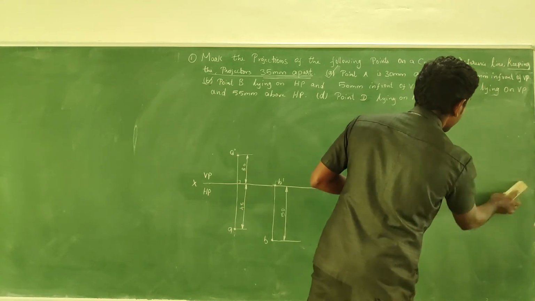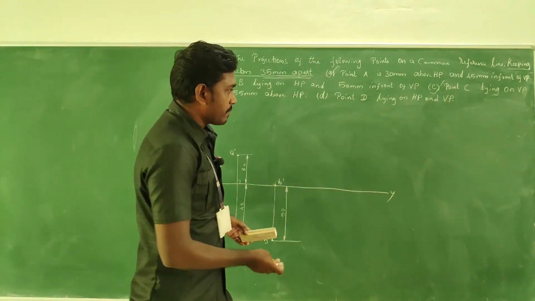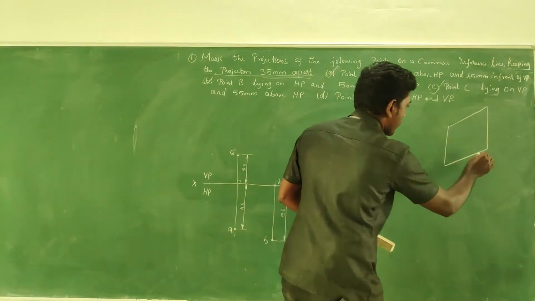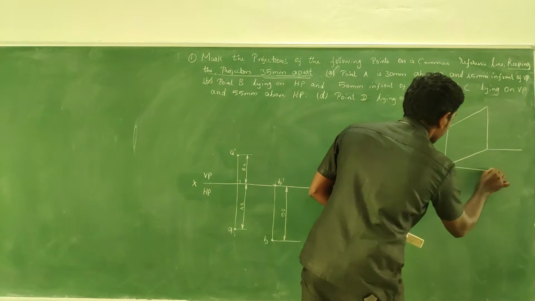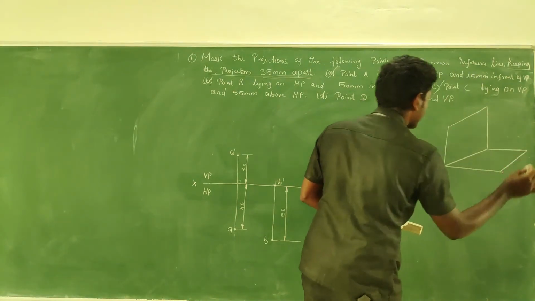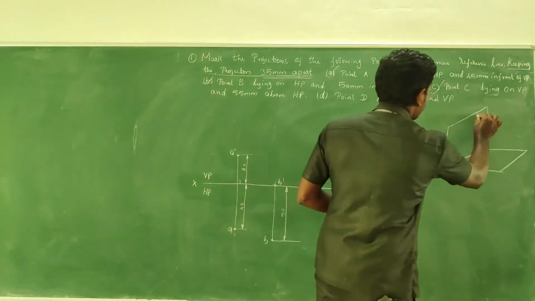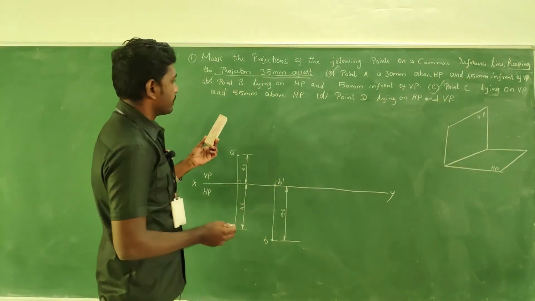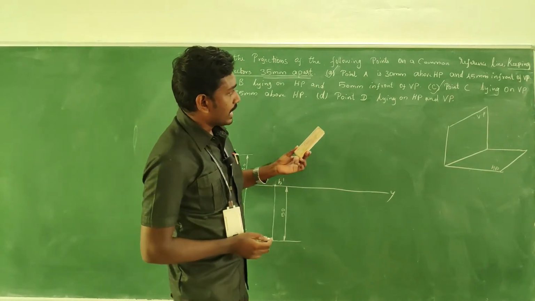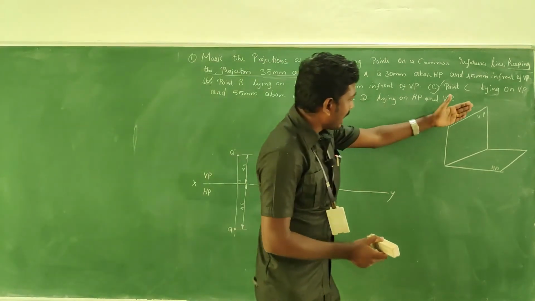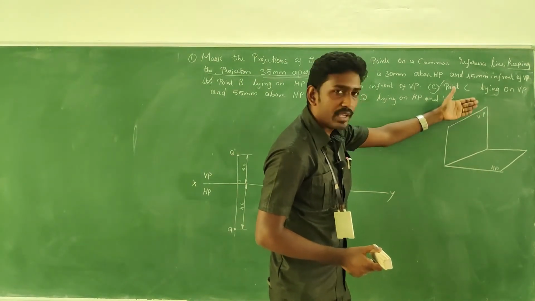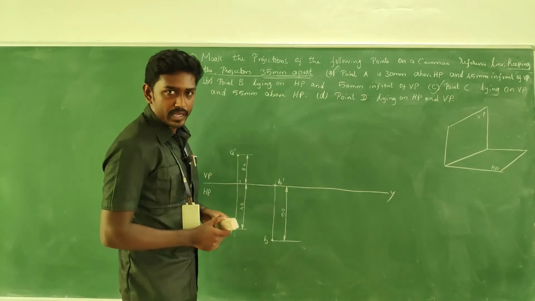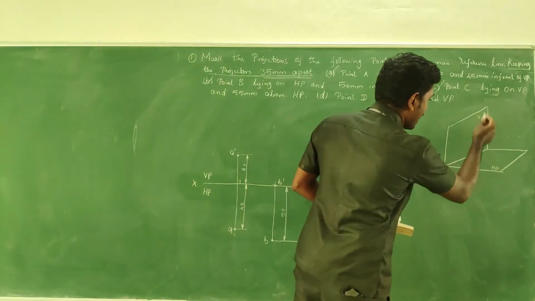Same work you have to do. So take the first quadrant like this. Go for a rough sketch of the quadrants. This is VP and this is HP. What about the position for the third case? Lying on VP. Somewhere in the VP it is going to lie, and 55 mm above HP.